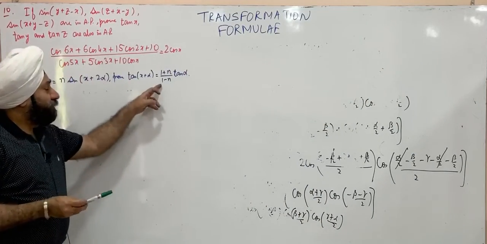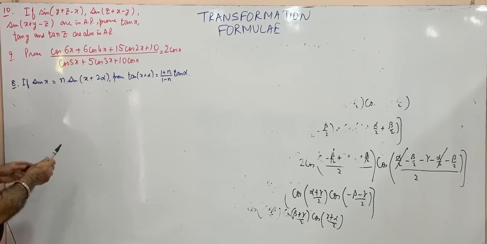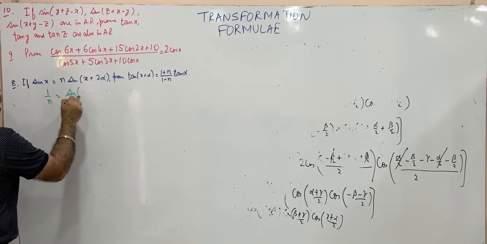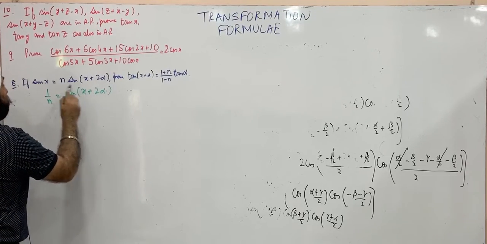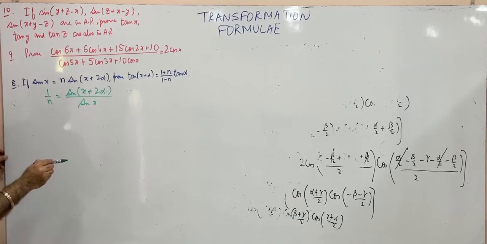So this expression guides us that we have to use componendo and dividendo. So let's find out 1 by n from this. It's sin (x plus 2 alpha) upon sin x. Applying componendo and dividendo,